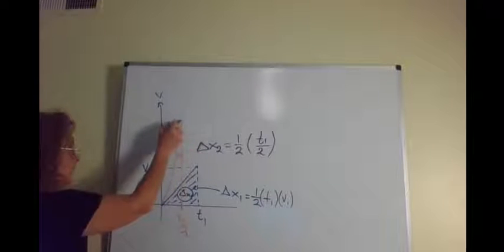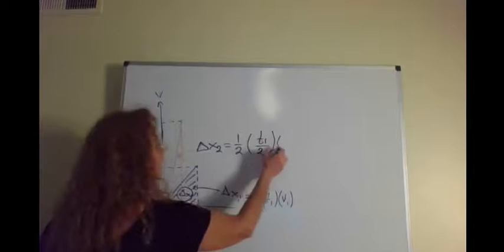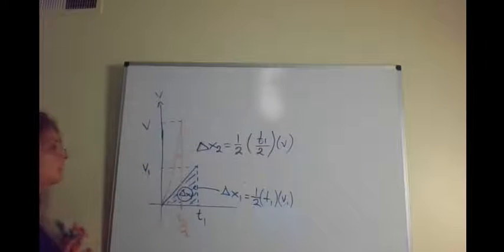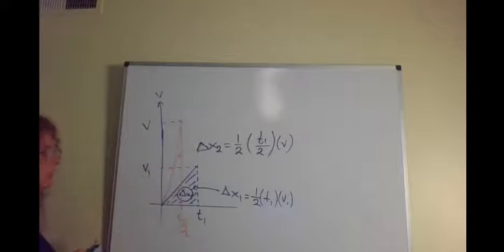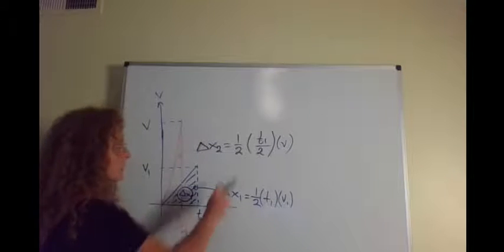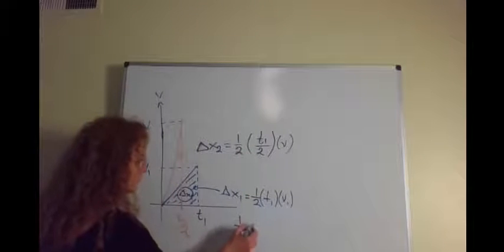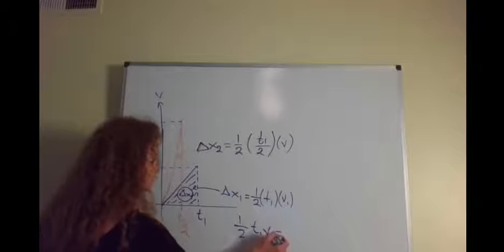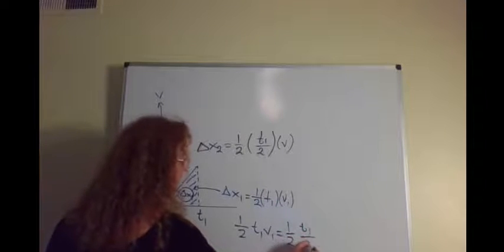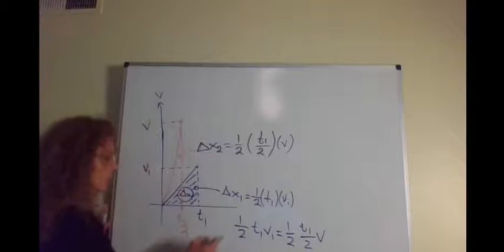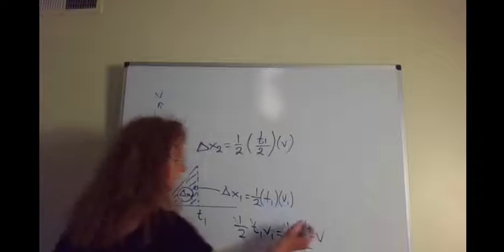And we need to know the height. There will be some velocity v, which we don't know yet. All right? So these two areas, the blue and the orange, should be the same. If I make these two equal, so half T1 V1 should be half T1 over 2 V, the unknown. So T1 goes, and I find that